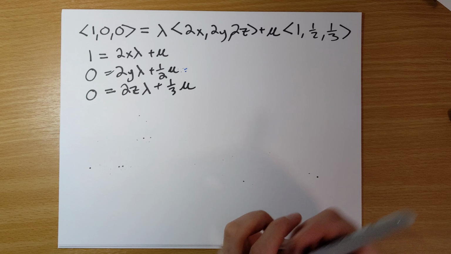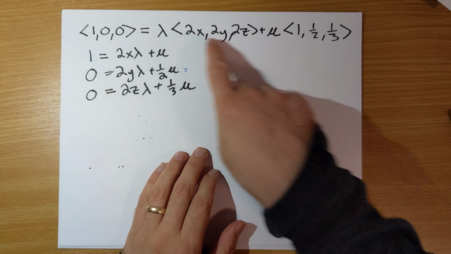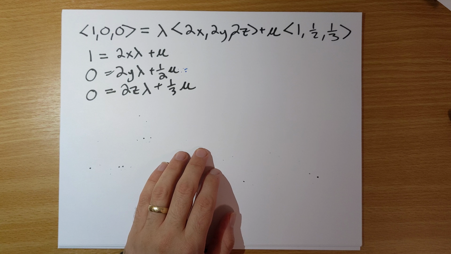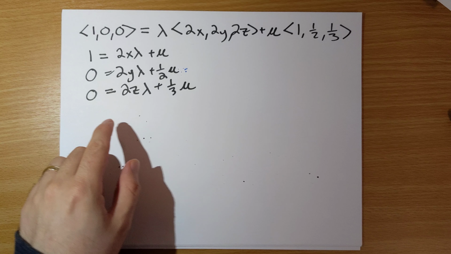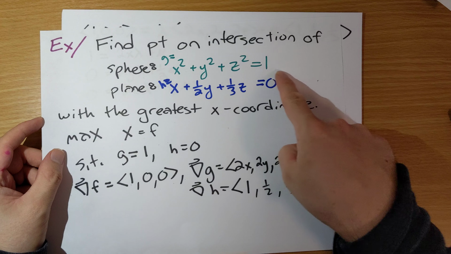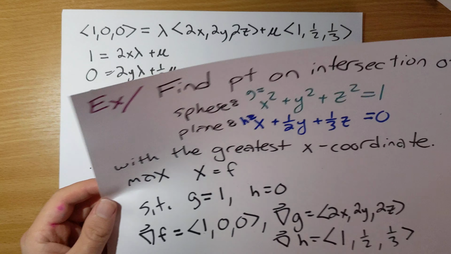So we need to solve. There's actually going to be 5 equations and 5 variables. Sounds a little daunting, but we'll be able to do this. 5 equations, 5 variables. The 5 variables are x, y, z, lambda, and mu. And the 5 equations are these 1, 2, 3, and then the 2 constraint equations. Okay, so